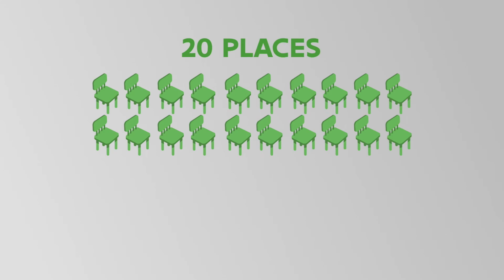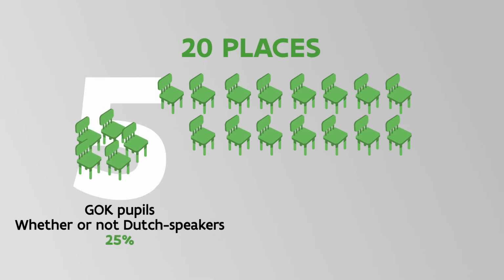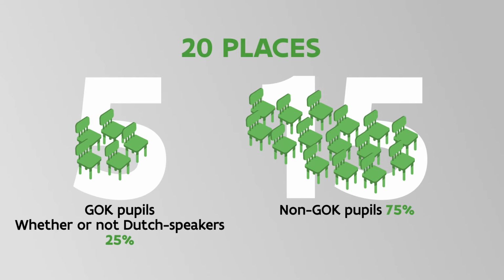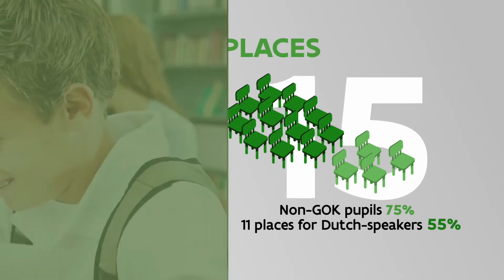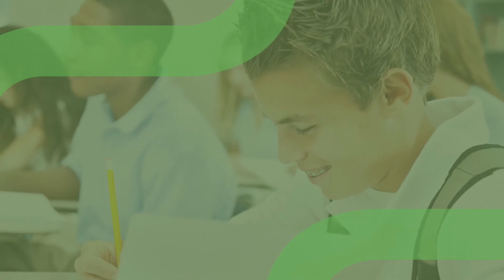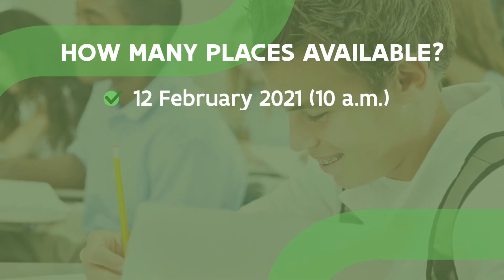For example, there are 20 places in a class. 5 places are reserved for GOK pupils, whether or not they are Dutch speakers, 25%. 15 places for non-GOK pupils, 75%, of which 11 places for Dutch native speakers, 55%. Before the start of each registration period, each school calculates how many free places are left. On the 12th of February at 10 a.m.,